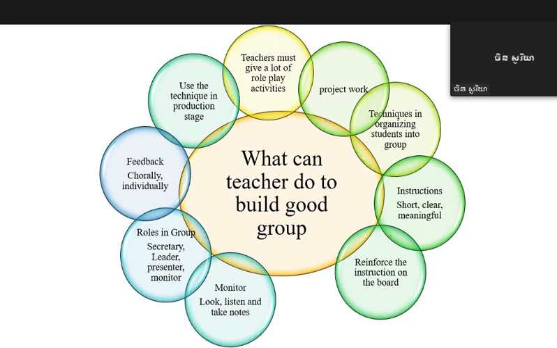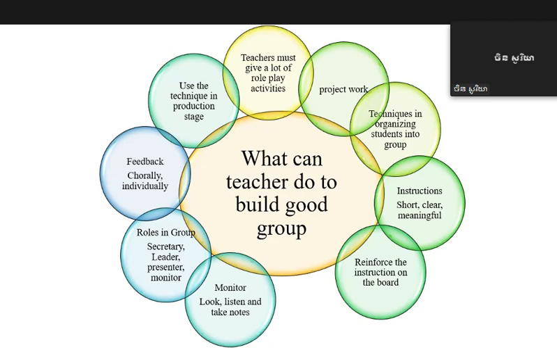One more thing that is really important for a good group work process is to give responsibility to the group members. So it's very important for the teacher to get students to choose a leader, a presenter, a monitor, or a secretary, so that the students in the group know what they do, not just group up and listen to a short instruction and then it doesn't work.